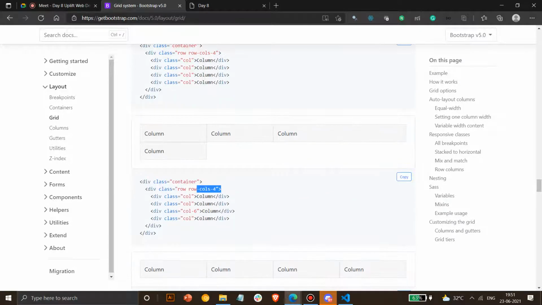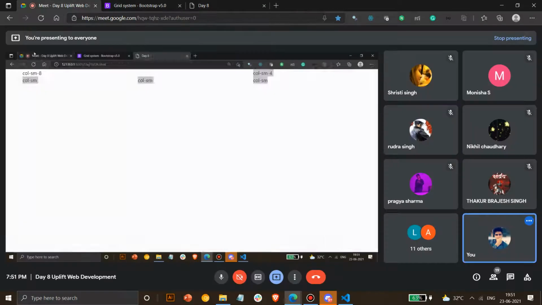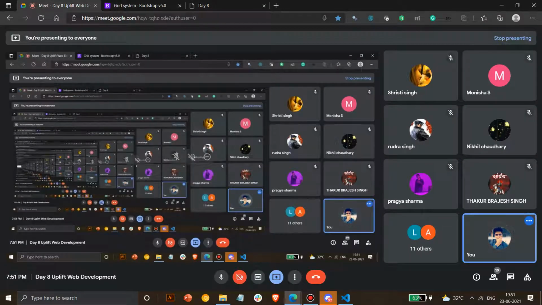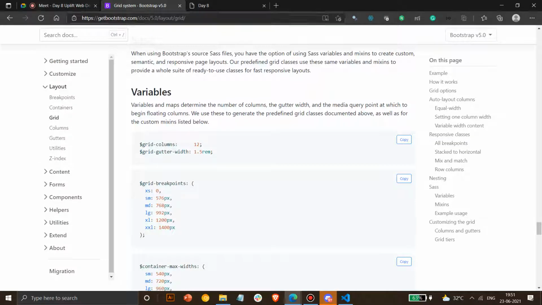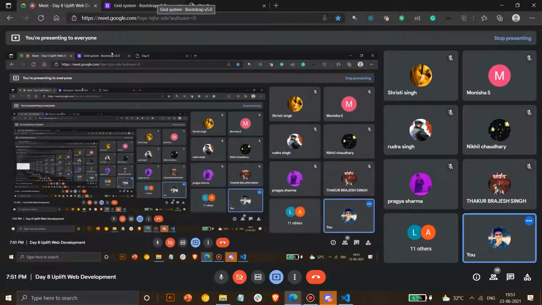You don't have to go deep into it. Whenever you are making an element, just use row and then column, and it will automatically build it for you. Okay, is it clear? Any doubts regarding this grid system? It's a little bit tough, that's why I've specified more on it. It will take time to learn. So just try it out at home by making cards in a structure, and you can add padding, because in grid the elements stick together if you use them together. Okay, so you have to add padding. Clear?